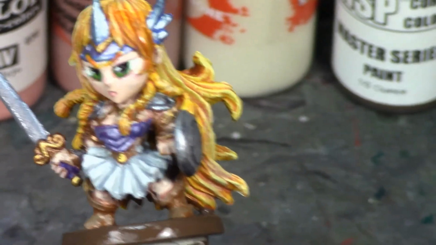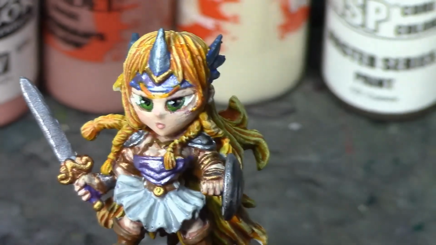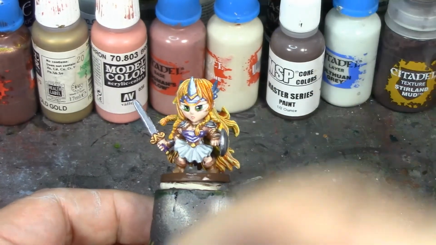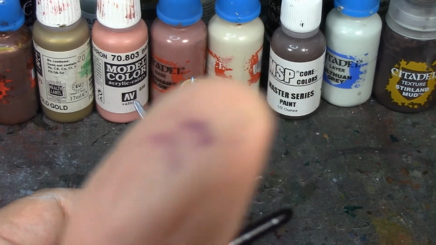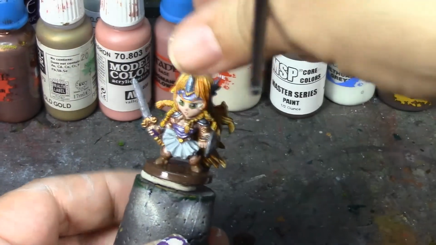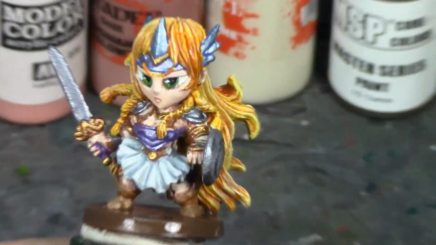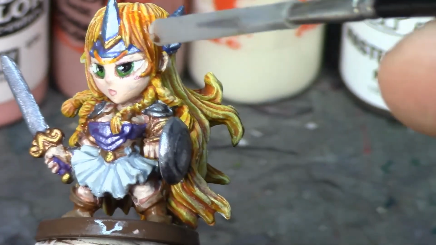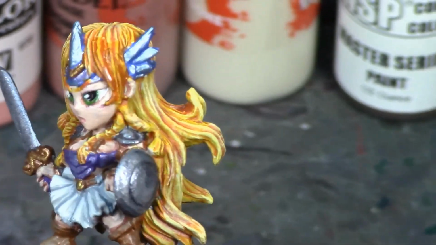I had a little moment of panic a moment ago when I went to push her down on the base. I don't know if you can see this or not, but I got a little bit of purple paint on my thumb. I went to push her down onto the base and realized that she had this big spot of purple paint right on her cheek. So I had to repaint the cheek. I had to redo the hair. You can see the hair is still kind of wet there with the